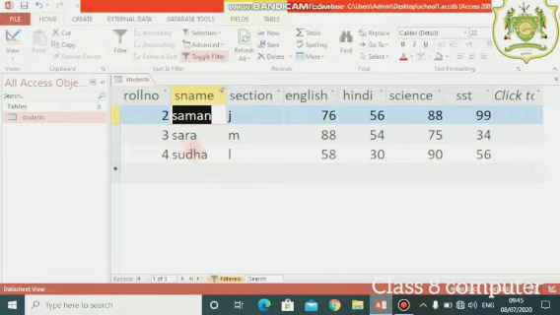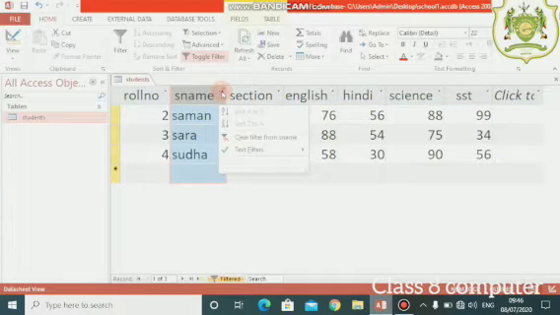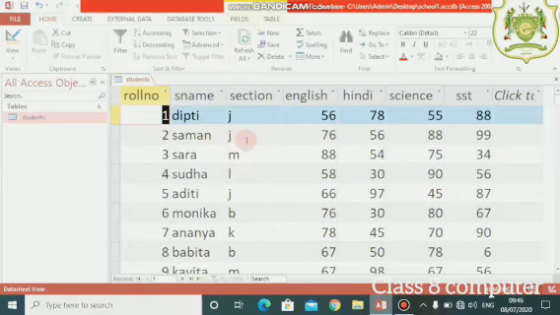If I want to remove the filter, I want to again see the whole data. So what will I do then? There is a toggle button over here along with the heading. This shows that the filtered data is displaying. Now I want to remove the filter. So I will click on this again and then there is an option coming, clear filter from S name. I will click on that and then again I will be back to my full data. So this way I can apply the filter for student's name.